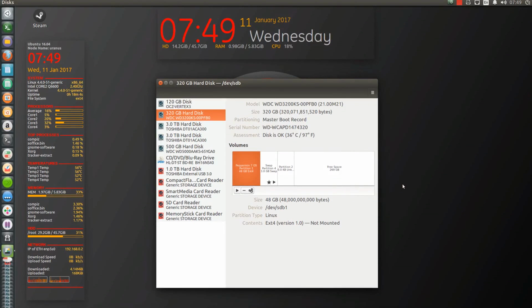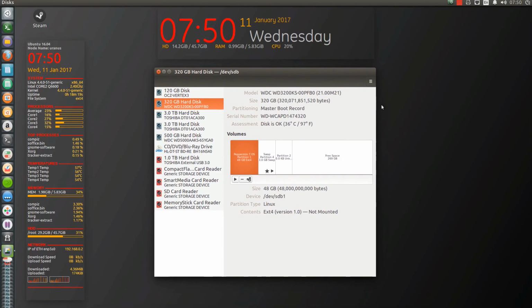Okay, in this video I'm going to be talking about and demonstrating how you can use Disks, which is a utility found in most Linux operating systems, to create an image file of a partition on your system. So I use Disks to create image files as backups, and I save the image file to an external storage hard drive,